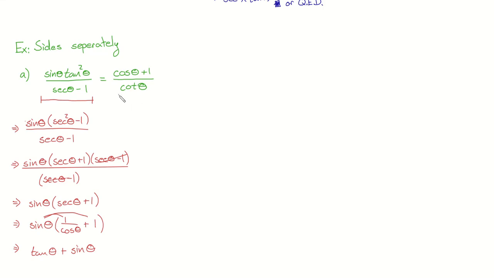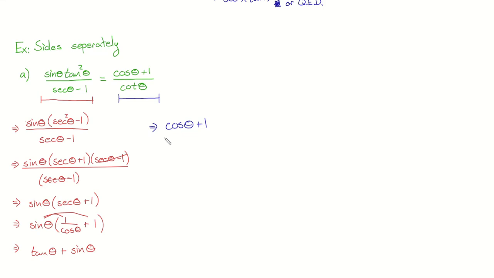Now, I'm going to switch my focus. I reached a point where maybe there was no obvious choice. So notice the color difference. I'm not going to cross anything out. I haven't done anything wrong. I just want to see what happens, just maybe, if I try this right side. So as I look at this right side, I have cos theta plus 1. That's all fine and dandy, sorry. And I'm dividing this thing by cotangent theta. Now,